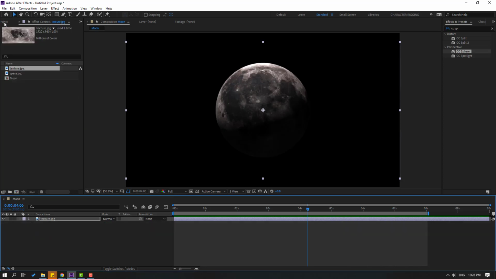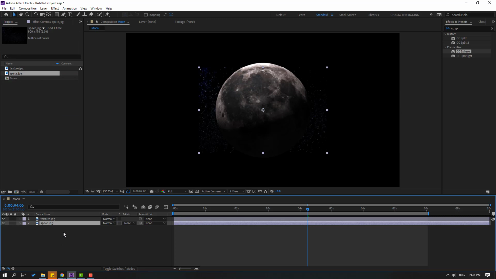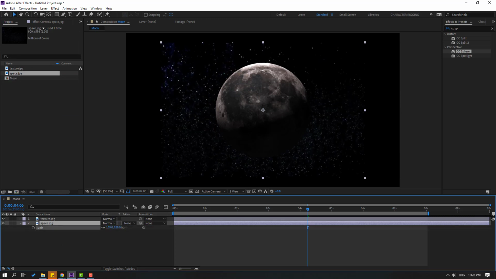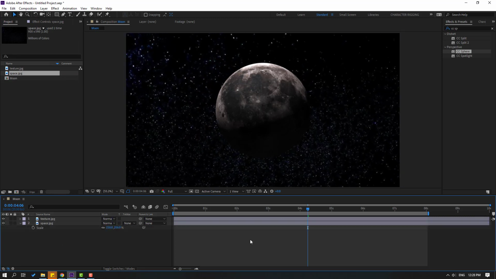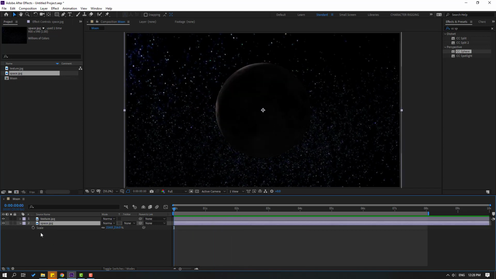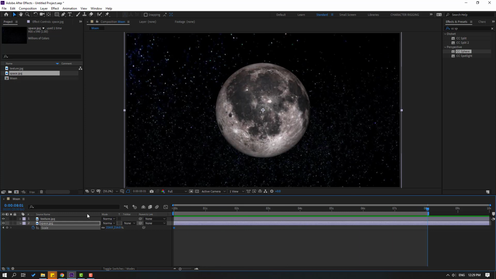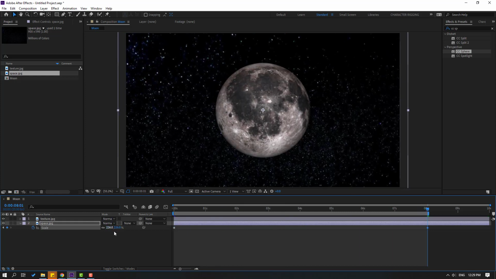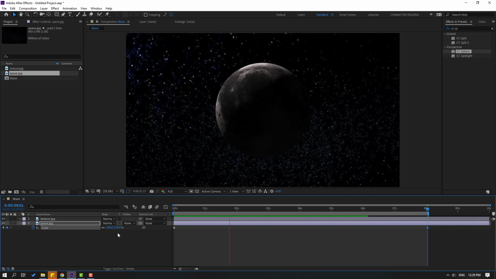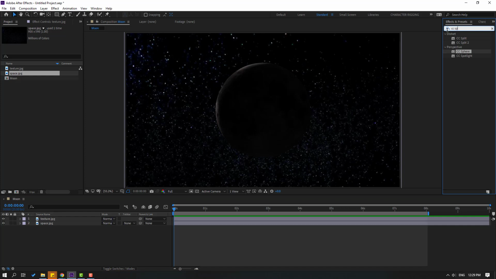So let's go to project and select this space texture and move to behind here. Press S, change scale. Okay, nice. And select the space, make scale keyframe and go to last second. Let's change scale like this. Okay, that's good. And in this time, let's go to FX preset, search effect displacement map and select this displacement